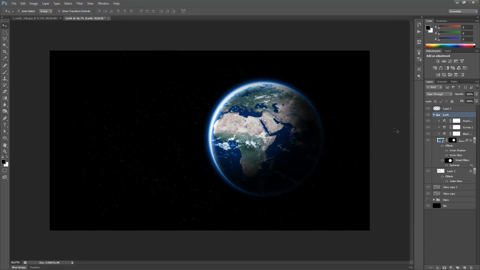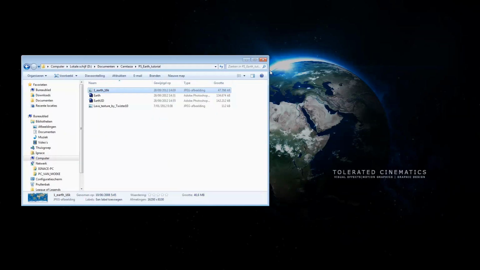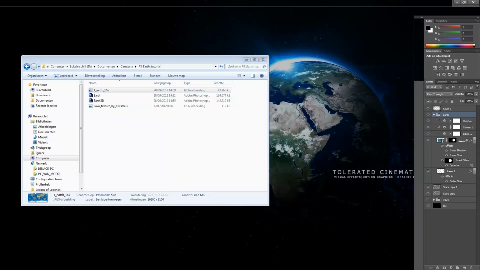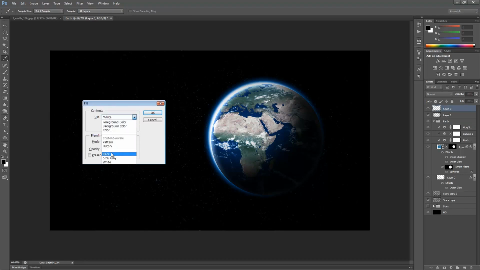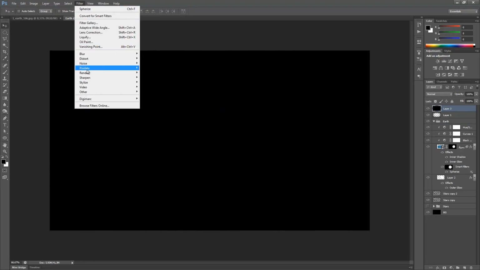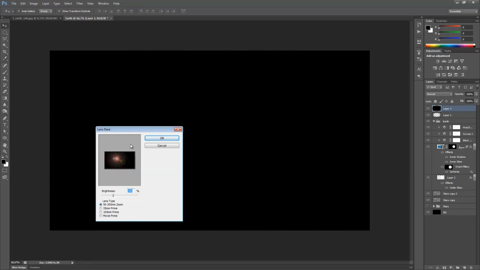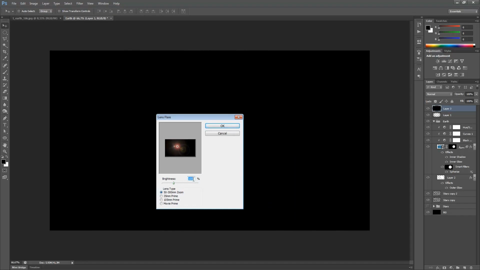Okay, so now what we want to do is add a nice flare over here. As you can see in the background, you can make your own flares, or you can find them online. To make your own, I will just show you very quickly how to do that. Just create a new layer, also fill it with black, so Shift F5, use black, hit OK, go to Filter, Render, Lens Flares, and the brightness, keep it at 100, and highlight the 105mm prime, get it in the center over here,